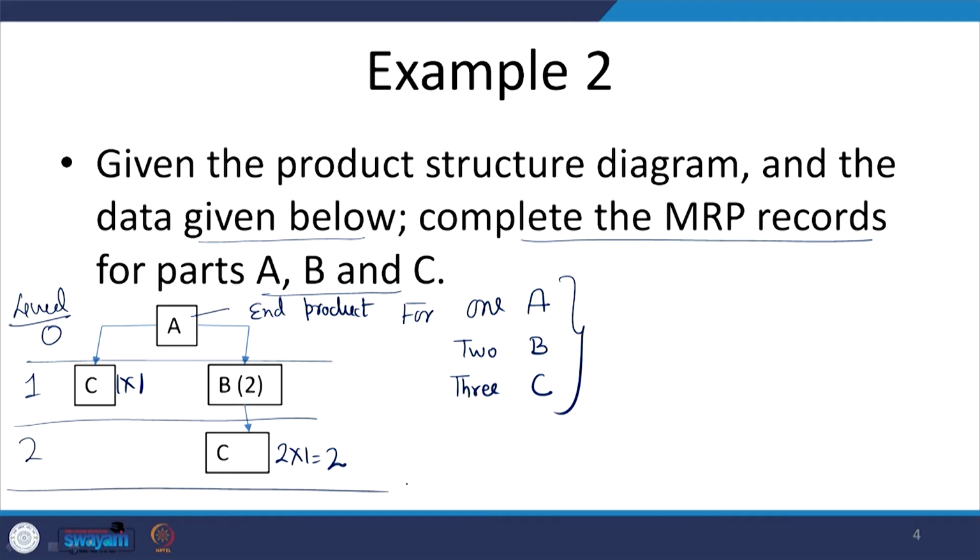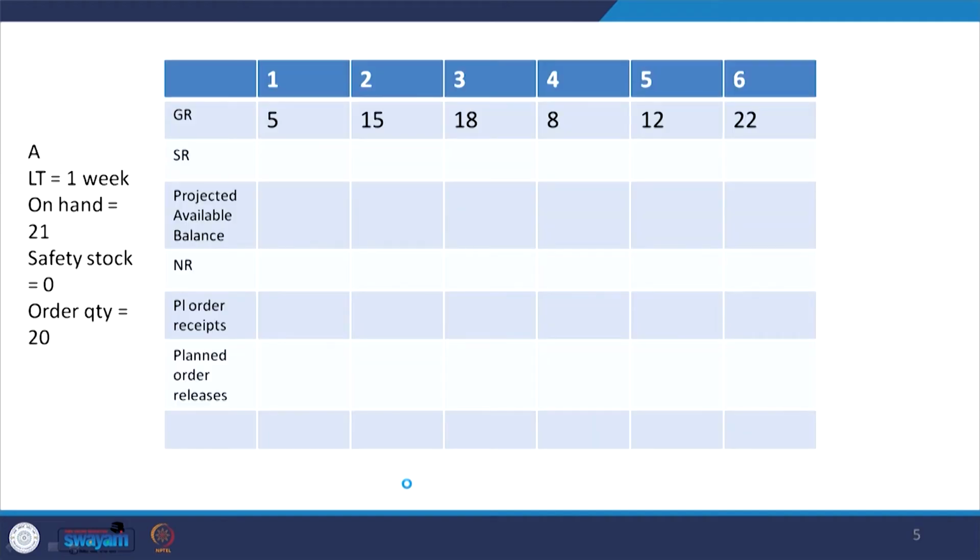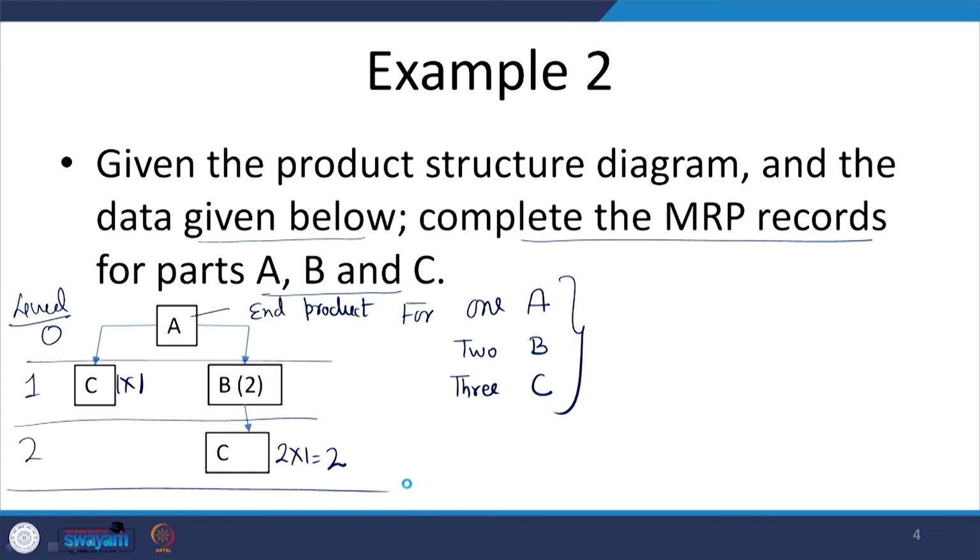It is important to understand that the same component C is available in level 1 and C is also part of level 2. So, it is quite possible that the same component may be required at different levels, as you can see in this diagram. Here some information is available for A. We will use this to understand that there are only 3 components in this product. One is the final A and there are 2 subcomponents B and C.